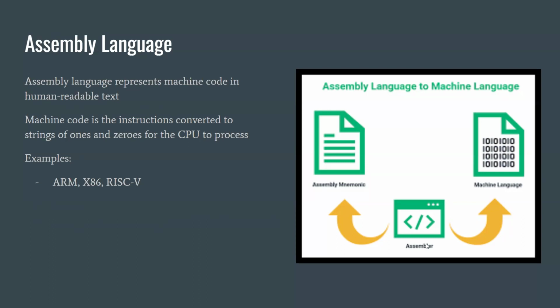So we have an assembler, which allows us to represent these long chains of 1s and 0s as human readable text and convert that human readable text to machine code. And then this machine code is the instructions converted to strings of 1s and 0s for the CPU to process. So there are some examples of assembly languages: ARM, x86, RISC-V,